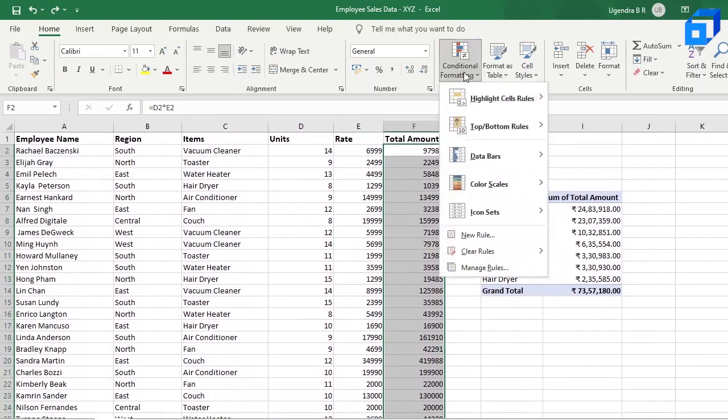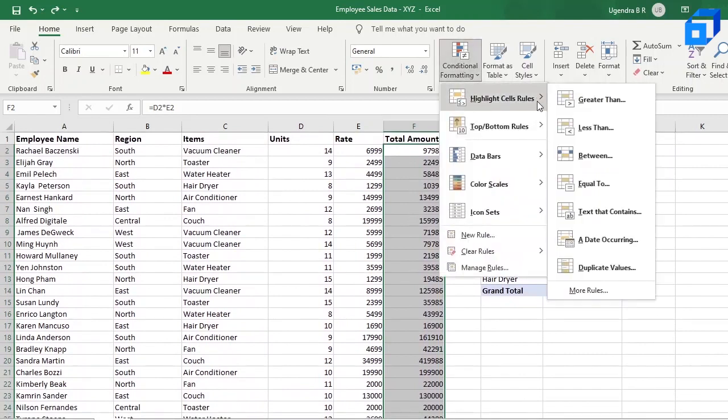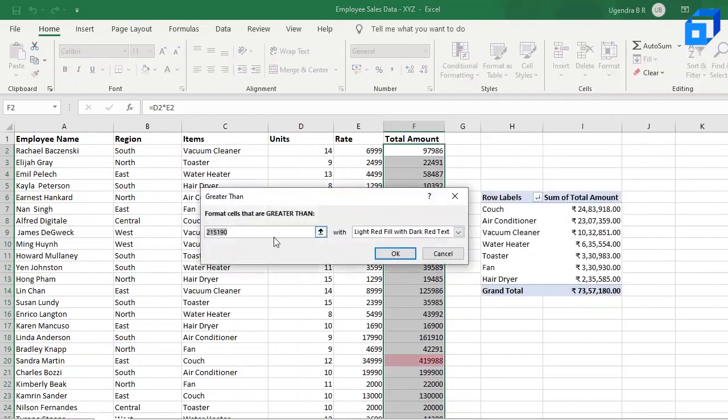So go to conditional formatting and select highlight cell rules, and over here you can click on greater than. Let's say if you want to highlight all the values which have sales greater than 80,000, that can be done over here. Let's say 80,000, with the light red fill with dark red text.